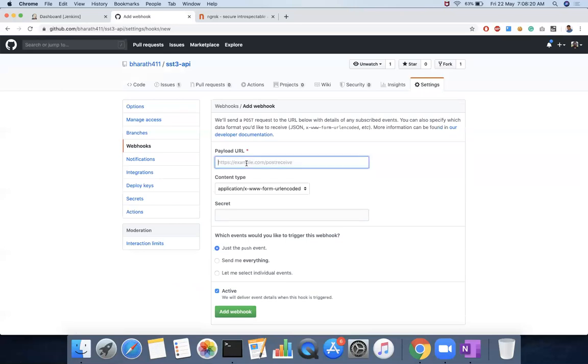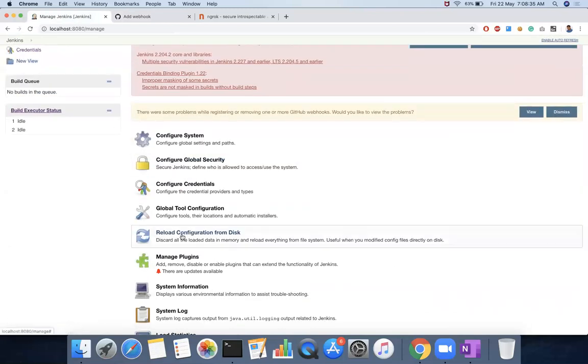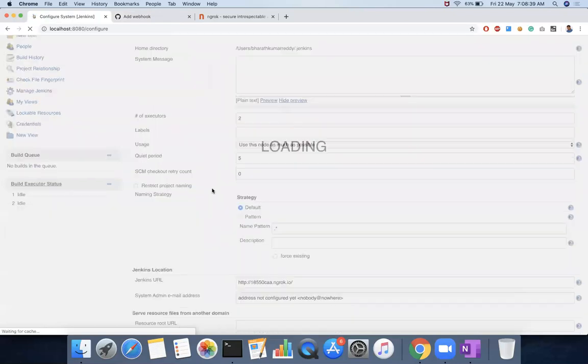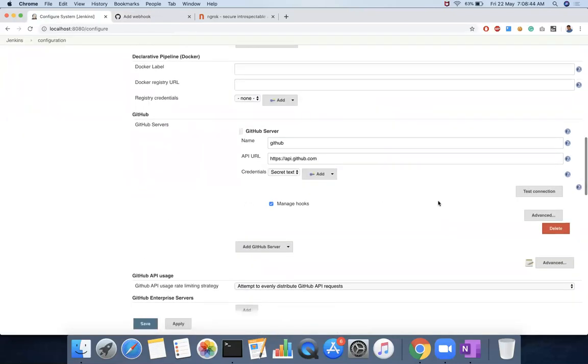There is the payload URL. You can get this payload URL from your Jenkins. And you see the secret, right? You have to give the same secret that you have given. How you can get the webhook URL: go to Configure System, and here for the GitHub server, you can click on Test connection to make sure this message came.